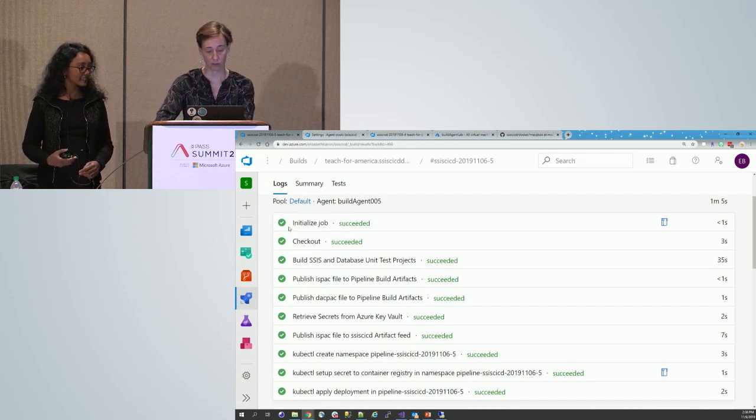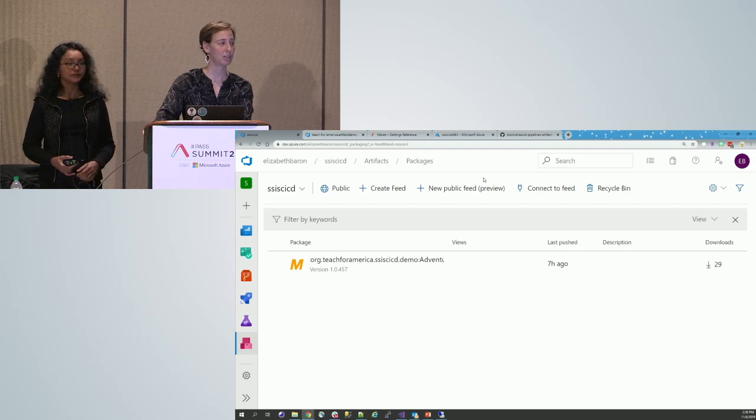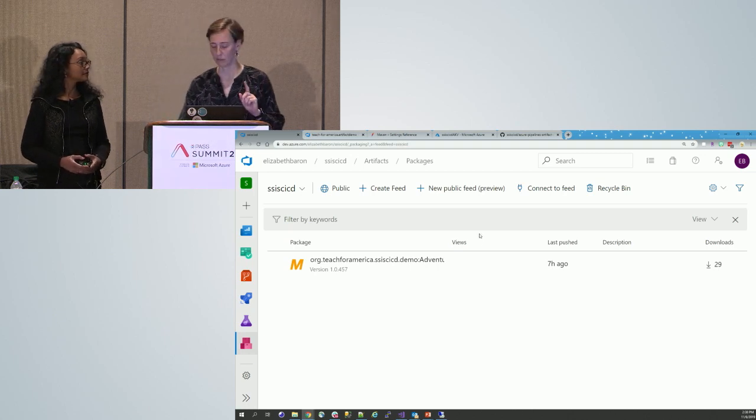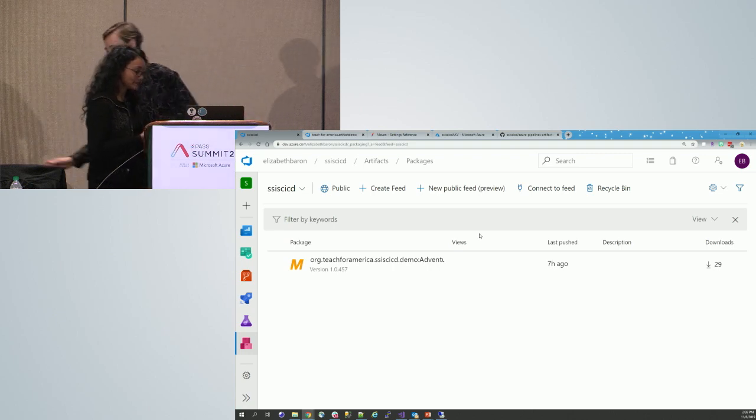And with that, I am going to change what we're looking at right here. I'm going to bring over Sreeja's demo on how, this is the next part, right? How do you work with artifact feeds so that you can just do what we just did, right? How do you get your SSIS package onto your container? All right, because you can't use normal deployment methods, and Sreeja will talk about that. Thank you. Thank you, Liz.